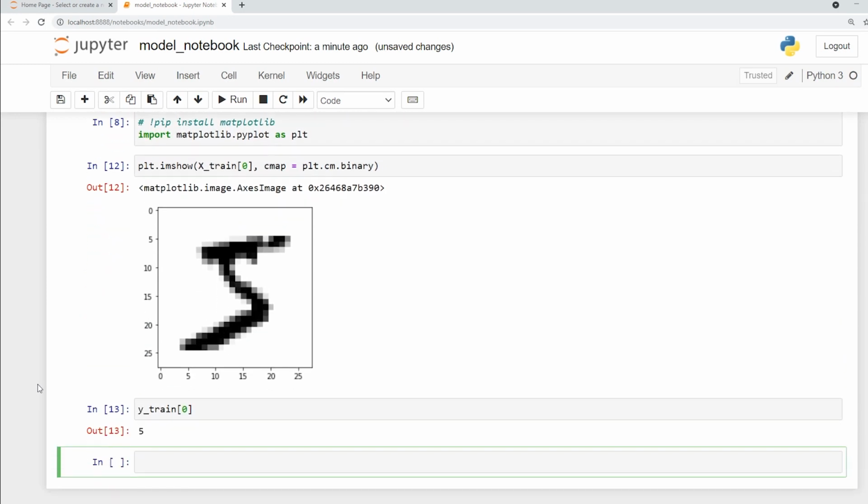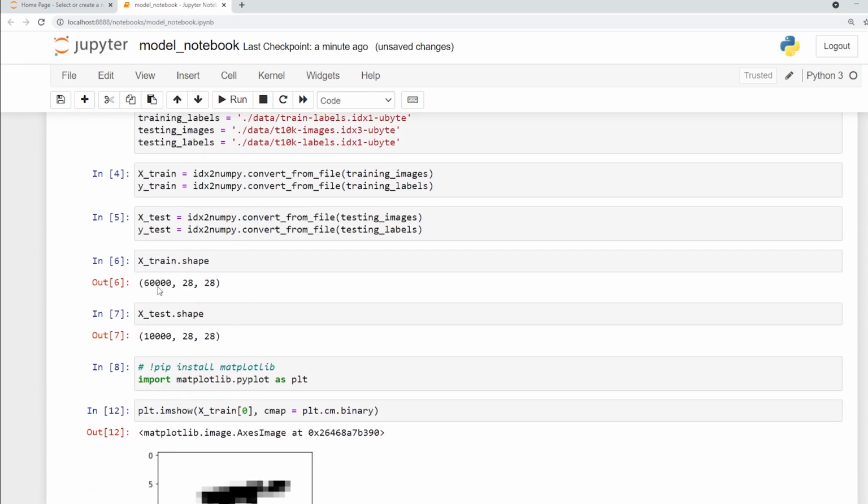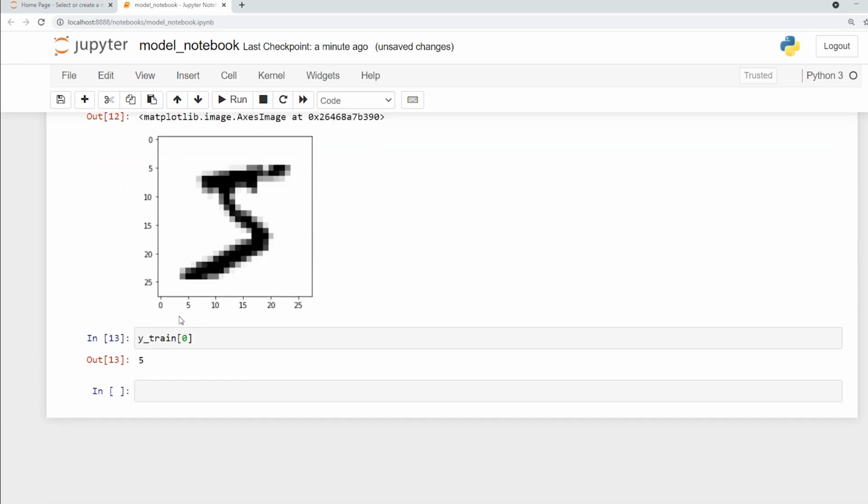Anyway, now I want to feed it to my algorithm. These images, so these values, are 28 by 28. I will have to convert them into a long column of 784 columns, which will have my one tuple. I will have to reshape that, because without reshaping I cannot work with it. So I'm going to say xtrain is equal to xtrain dot reshape, where I'm going to say xtrain dot shape.